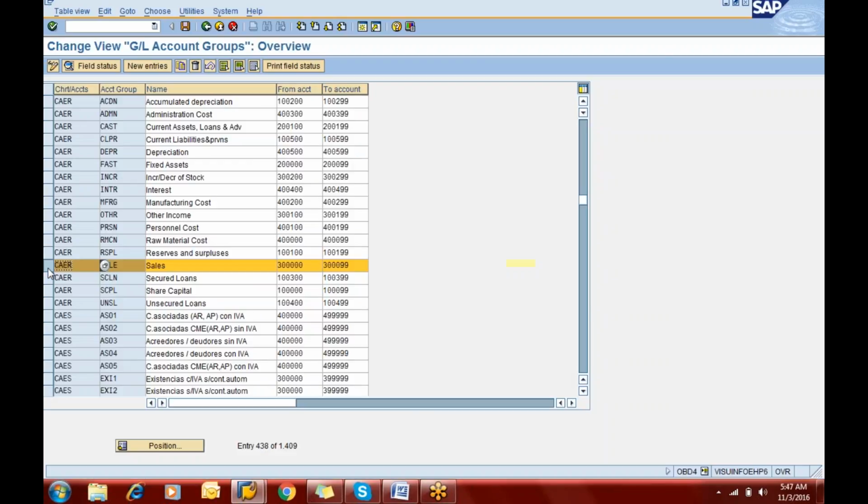So for that purpose, here we need to just consider the account group current asset. We can just consider this account group current asset, under it we can create the GL, it is the sundry debtor account. So sundry debtor account can be created under the account group current asset. Now the number 200 100 we have already used for the cash account. 101 we have already used for the bank account. Now we can just use 200 110 for the